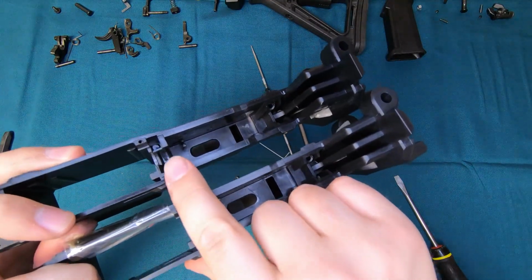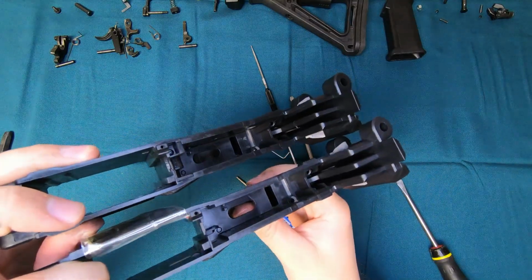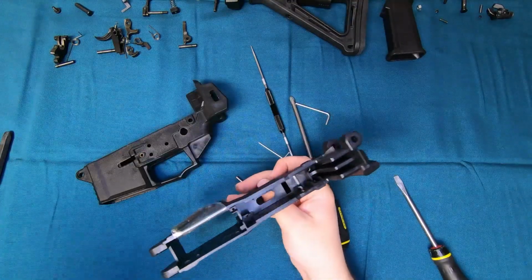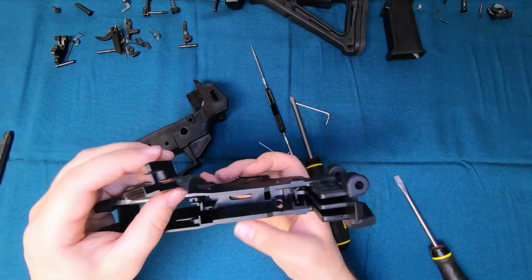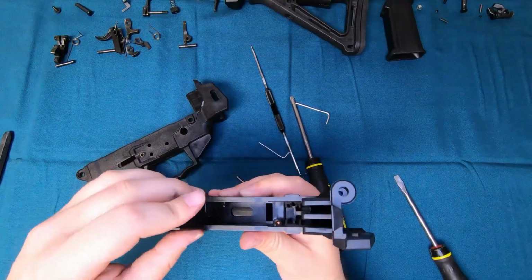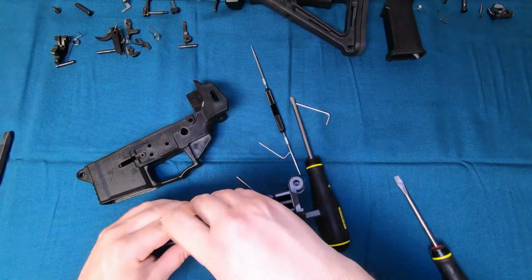There's a piece right here. All right. You're going to have a separate piece, and this is friction fit, like I said. It's going to go down in like so. Let me line this up so you guys can get a...